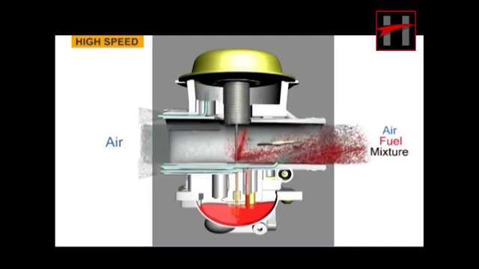The lower chamber of the diaphragm is at atmospheric pressure. Due to the pressure difference between the upper chamber and the lower chamber of the diaphragm, the piston and jet needle are lifted up. This generates clearance between the jet needle and the needle jet, which results in flow of the required air-fuel mixture to the engine.